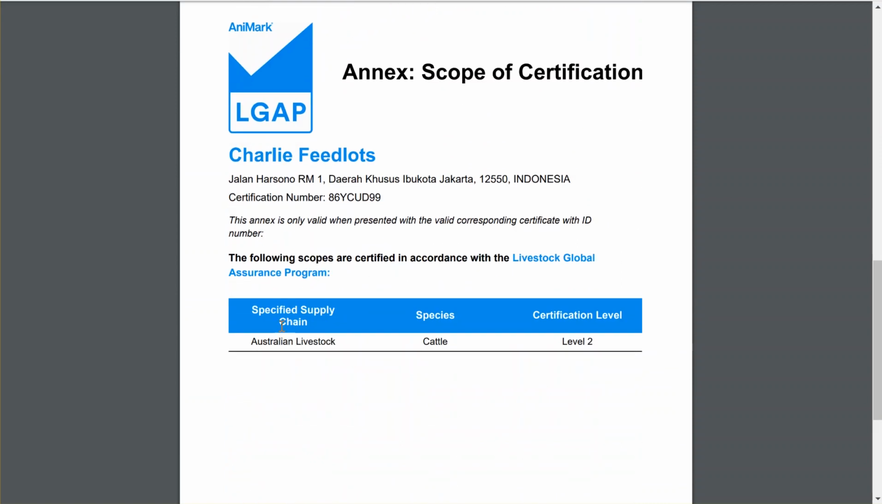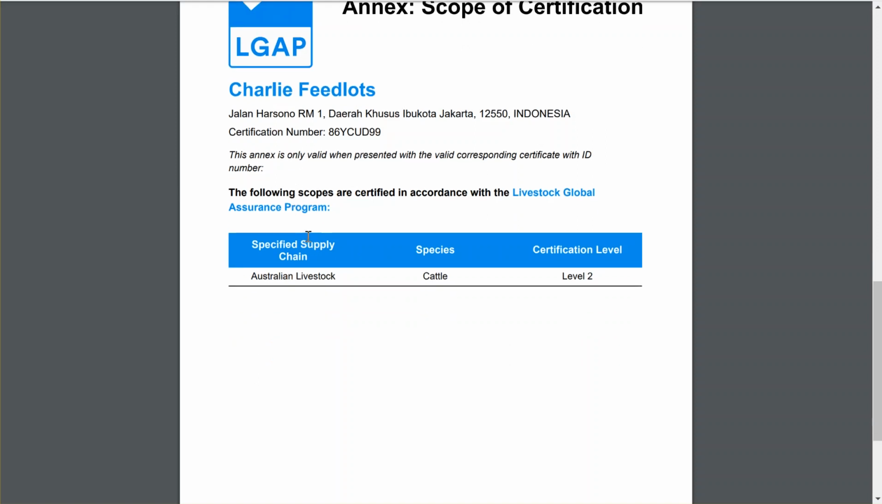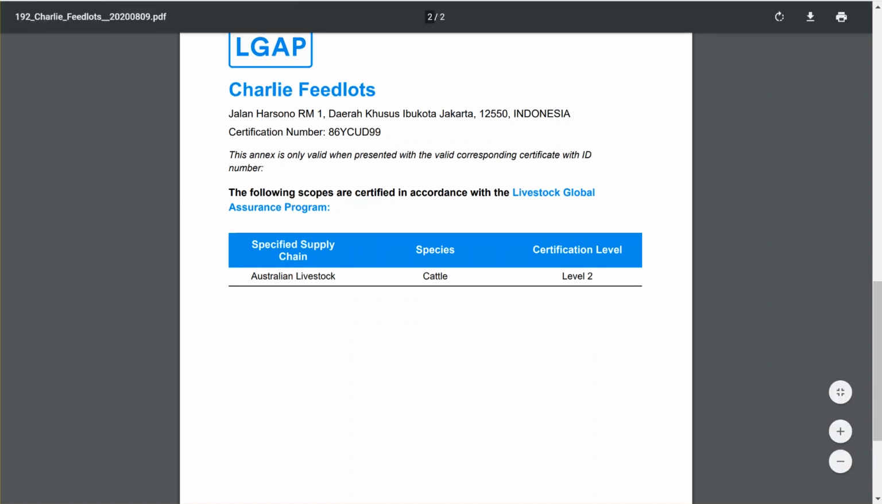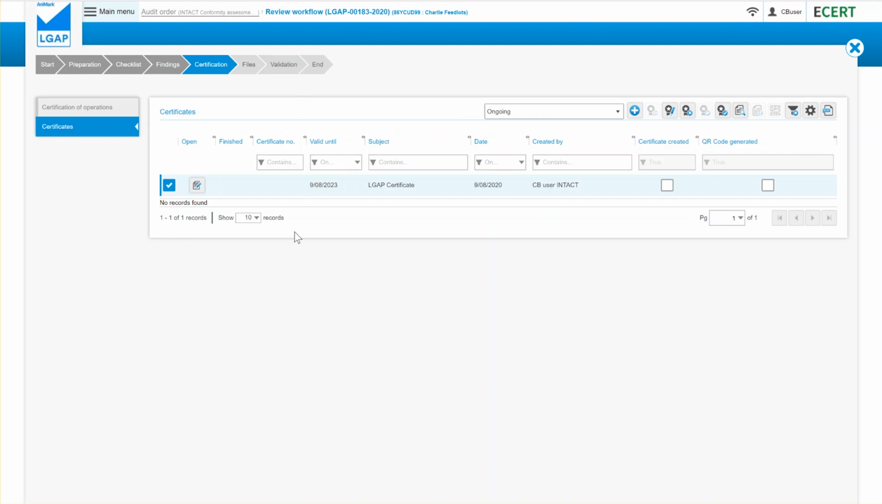The annex includes the scope of certification, so we can see that Charlie Feedlots is Australian livestock for cattle level 2. So once we're happy that the certificate is all correct, we can close it, and then we need to approve the certificate or accept it. So we just need to move to the Finish Certificate and Assign Certificate Number button. It's the one with the little tick on it, and once we click that,